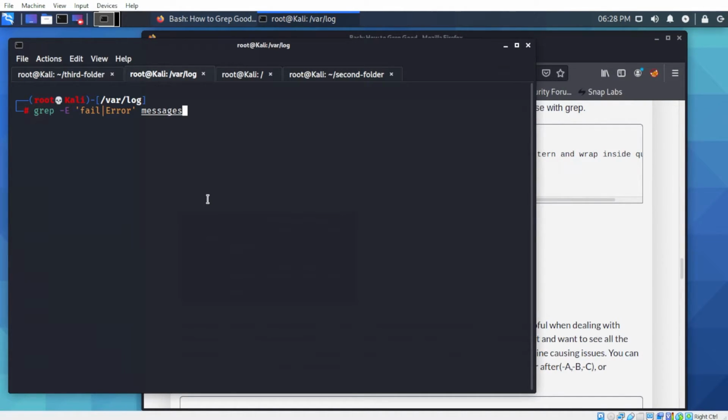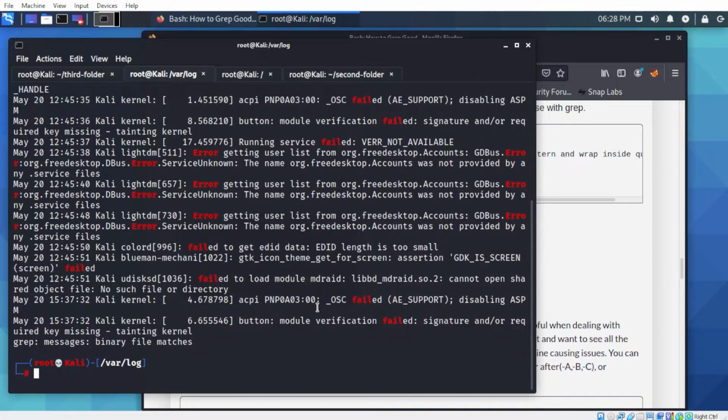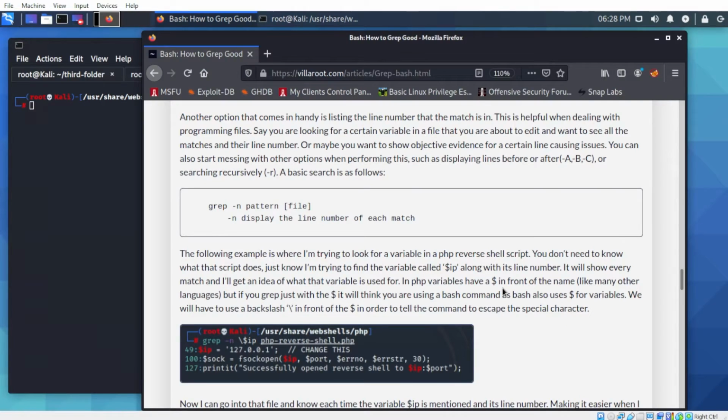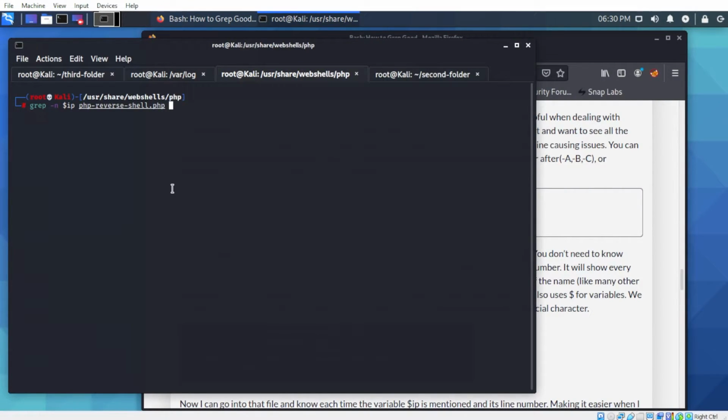So to combine that into one command, it'll look as follows with grep -E, and we'll see that it finds matches for both error and fail. Now I want to go over the -n option, which prints the line number that the match was found in. In this scenario, I'm looking at a PHP script that provides reverse shells. You don't really need to know what the script does, just know that I'm searching for the variable IP inside of this file. You provide the -n, and in this case, since I'm looking for a variable, it begins with